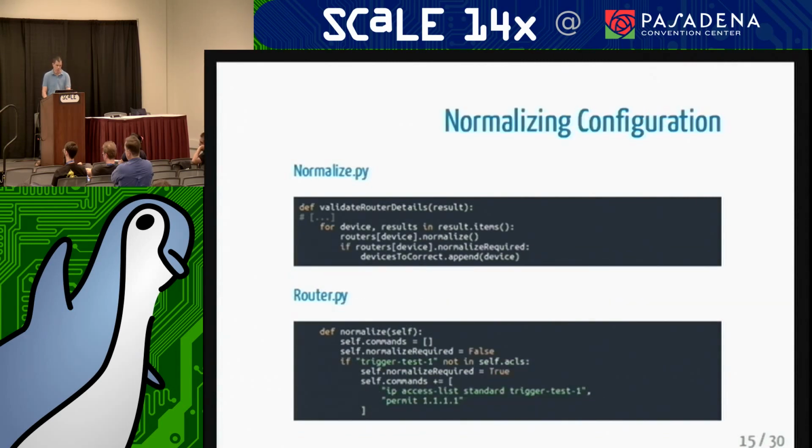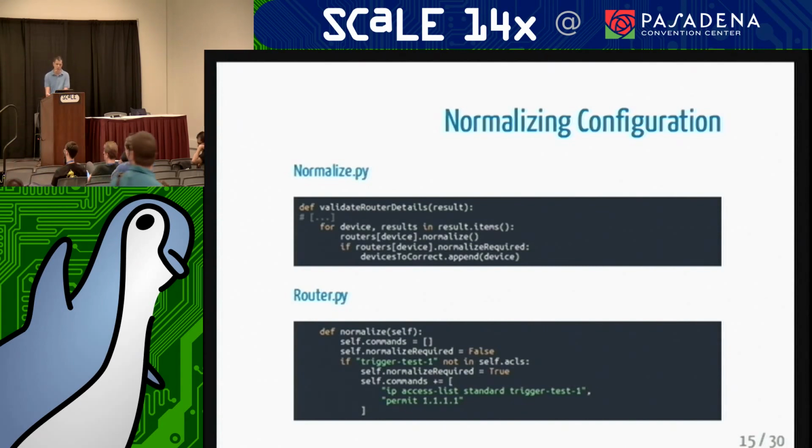We then have the functionality that normalizes the configuration. So for each device, we call this normalize function, which is down at the bottom in the router.py. We look to see if trigger test 1 is present in the list of ACLs that were defined on the device. And if it isn't present, we set a variable that tells that the device does need to have its configuration changed, and append to the list of commands the changes that need to be made to the configuration. So if you have a bunch of different checks, those different checks will see if a change is required to the device or not, and all those things are built together into a list of commands to be executed